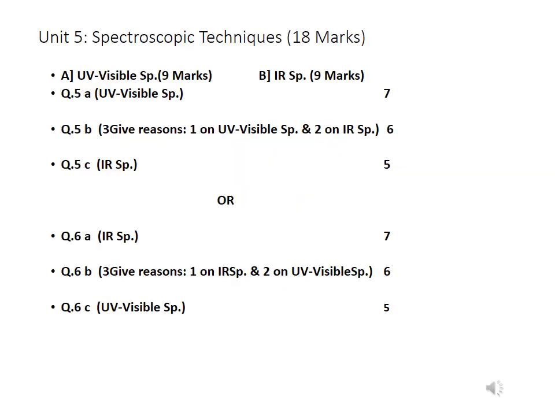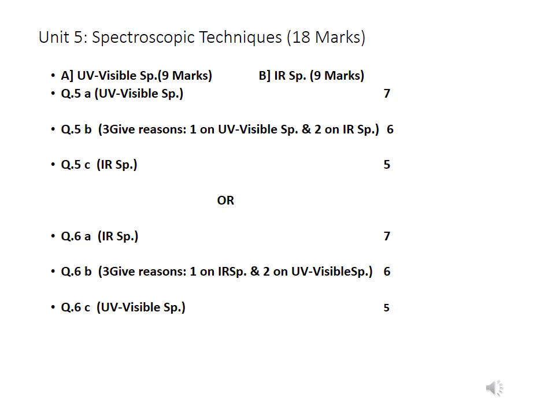The weightage of this unit is 18 marks, and this unit is divided into two parts, UV visible and IR spectroscopy. So both the parts have 9 marks weightage. The questions are going to come in this way. Question 5 will have three parts, A, B, C. The A part is going to have 7 marks weightage, UV visible only. B part, maybe a give reason on UV visible or on IR, 6 marks, and IR spectroscopy specifically in part C